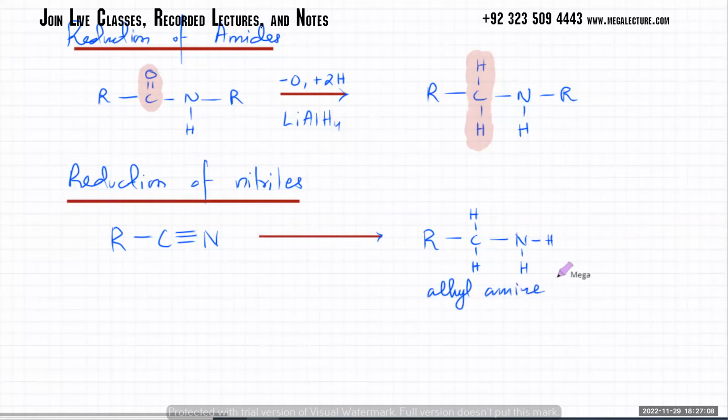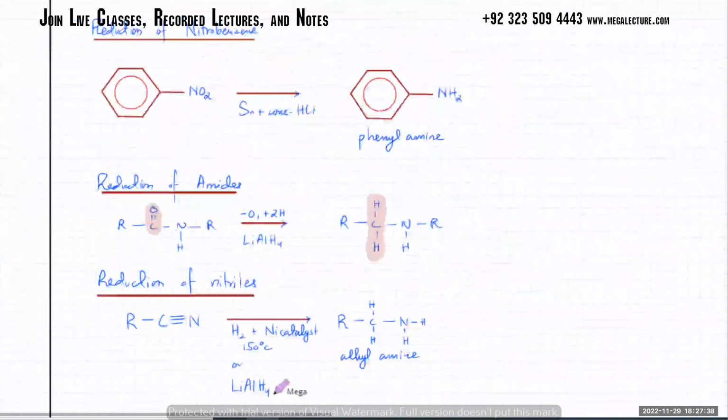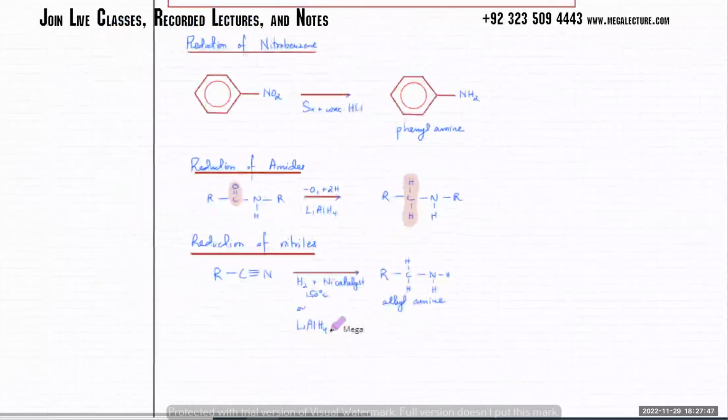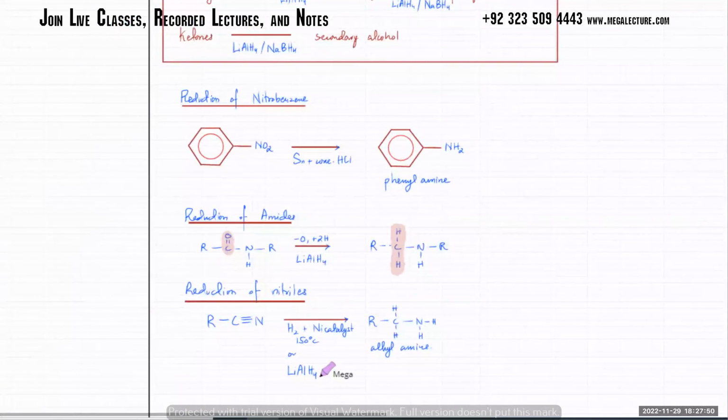The conditions for this one: you can hydrogenate it, so it's hydrogen plus nickel catalyst, and the temperature is going to be 150 degrees centigrade, or you can also use the reducing agent LiAlH4. So that's the reduction of 3 of your nitrogen compounds that you have to memorize. That kind of sums up your